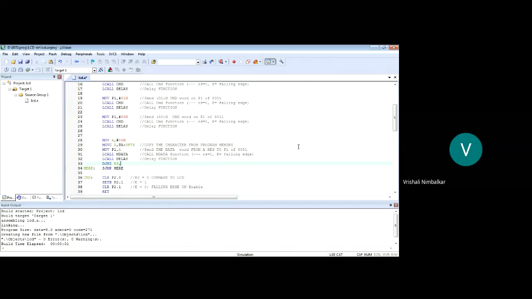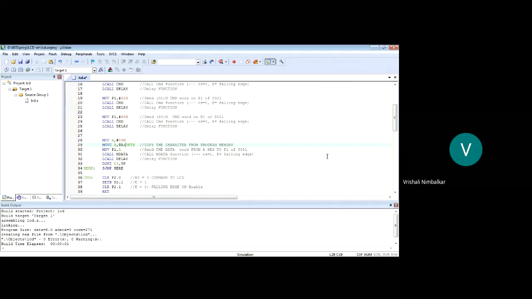So I need to repeat the display process, point to the next character, take that second character, send it on port 1, call mdata, call delay. So this set of instructions is going to be repeated. So DJNZ, I'm writing the label up.